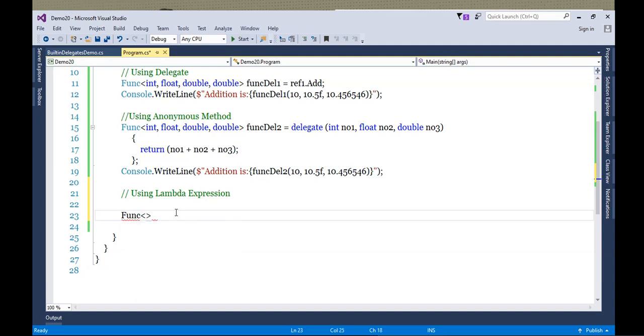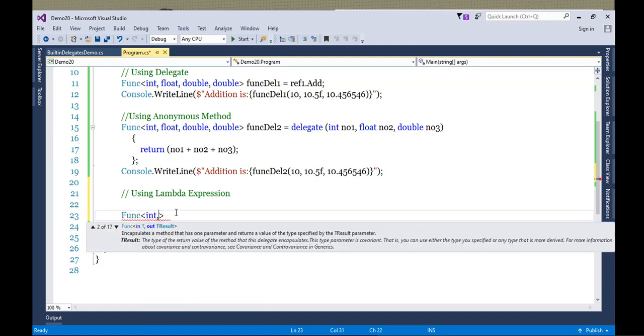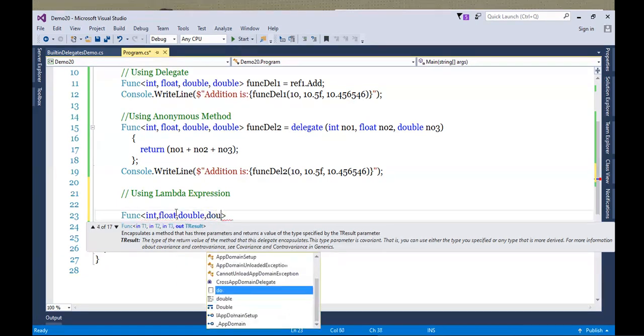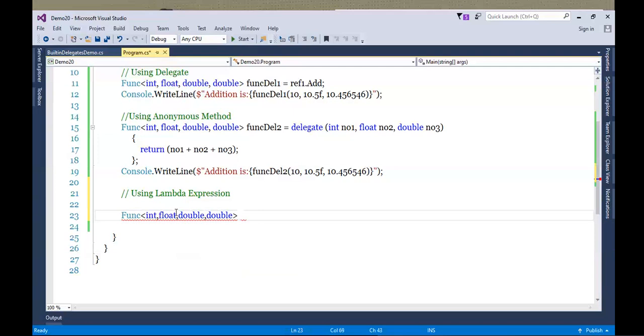So again, I will take func delegate, integer, float, double, 3 arguments are over, return type is double, and now specify one more delegate reference, func delegate 3 equals to. Now in lambda expression, already we learned 3 parts we need to specify. What are those?